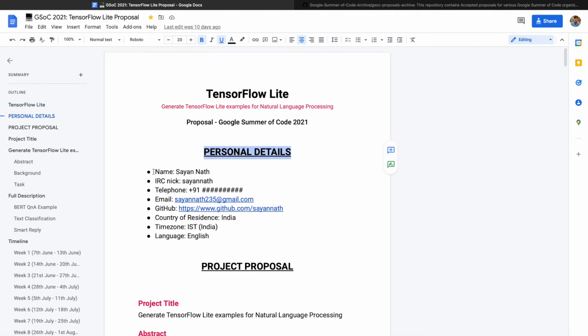In personal details, you can mention your name, then your IRC nickname for TensorFlow. For a few organizations, I've seen that they don't talk in an IRC channel, so you can remove it. If you are having conversations with a mentor in an IRC channel or Slack channel, you can mention your Slack ID or your IRC nickname here. Then you can give your telephone number, your email, your GitHub ID, and then the country of residence,